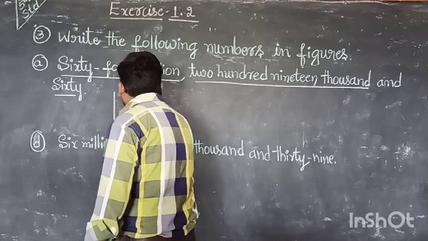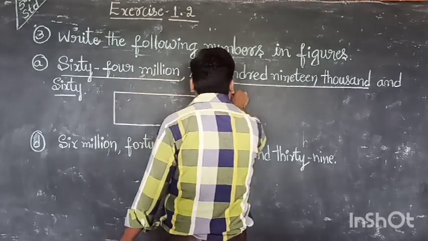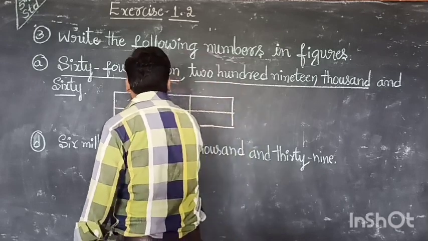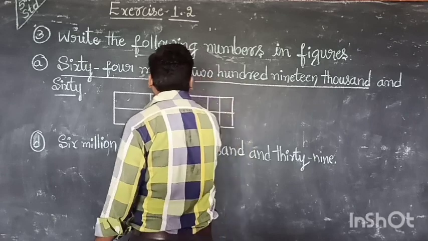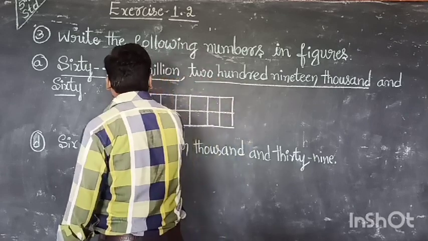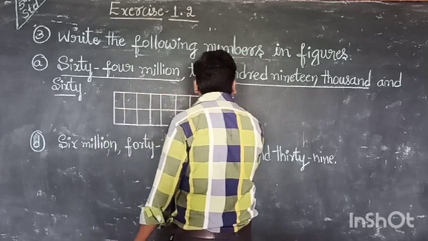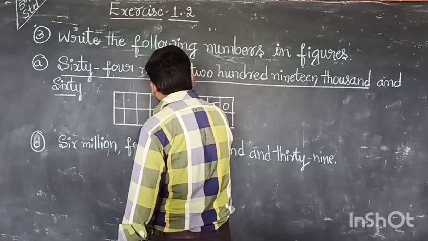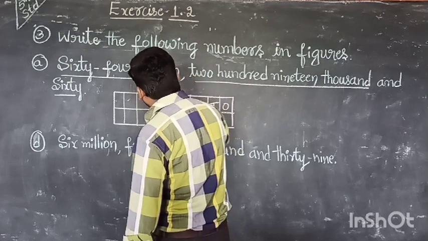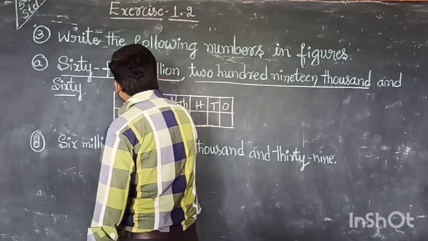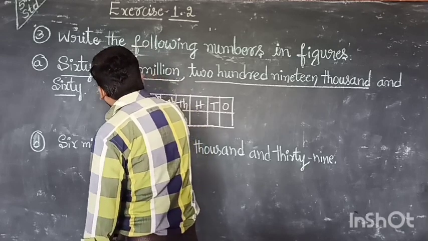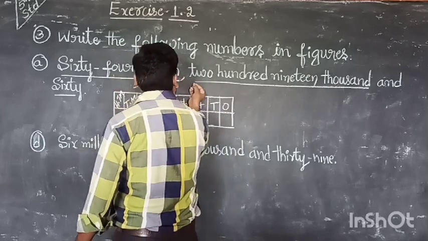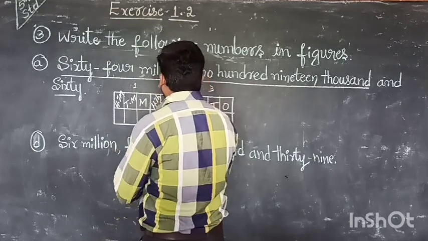Okay? You make it as one box. If you use this box, you can easily solve the problem. Clear? In one box, it contains 3 sub groups. That is 1's place, 10's place, 100's place, 1000's place, 10,000's place, next 100,000's place, million, 10 million and 100 million. Clear? Now this is the first group, this one is the second group and it is the third group.